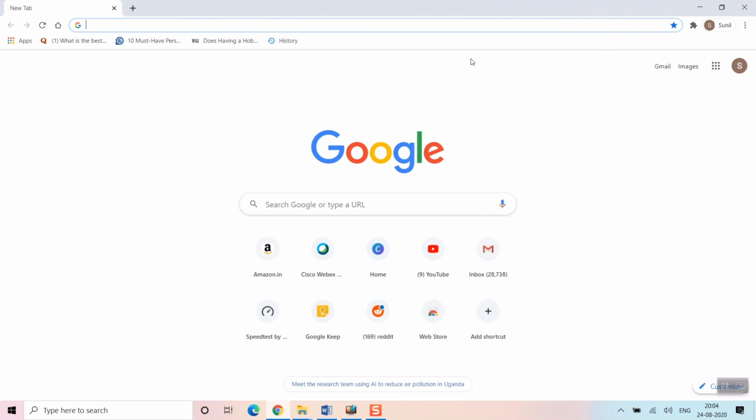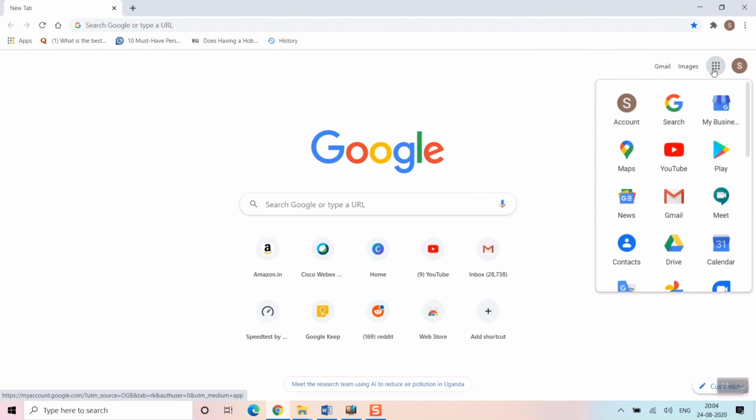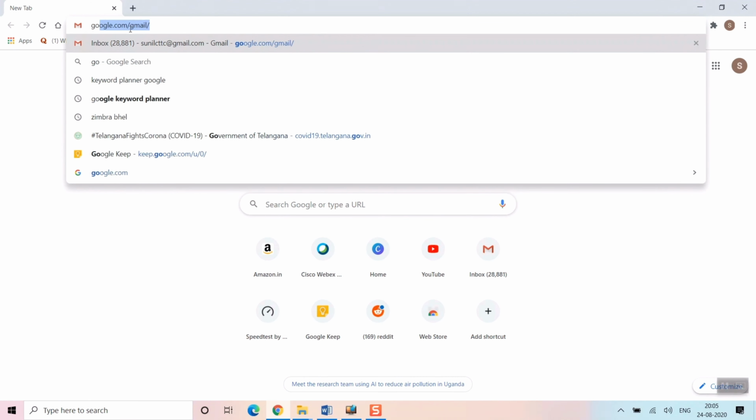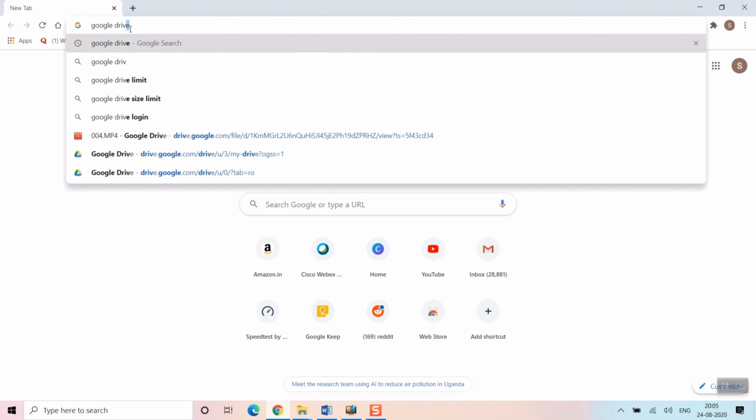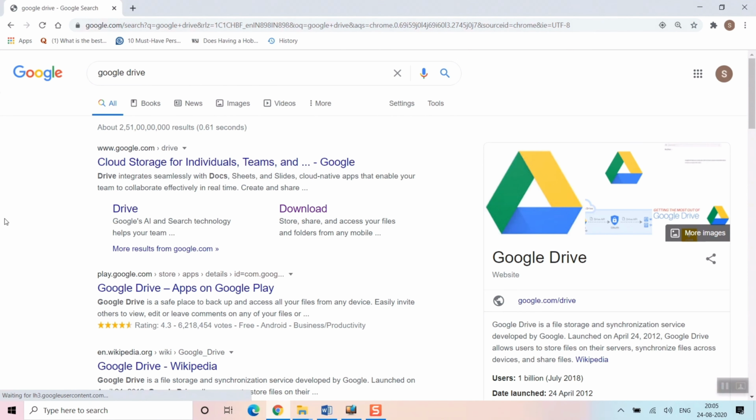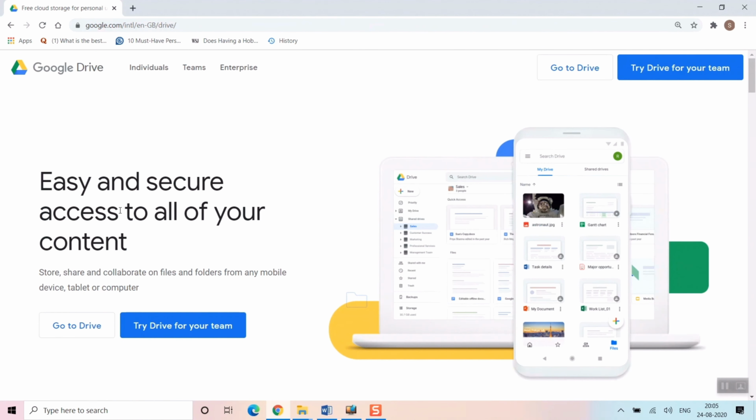I'm opening my Google Chrome here. I'll show you when you open the Google Chrome, you can see there's 9 dots here in this screen, and here a triangle kind of icon will come. This is the Google Drive. Either you can do that, or you can directly type in Google Drive in the search bar, and see what's coming here. You can see the same triangle is coming. Just click on this drive, go to Drive.